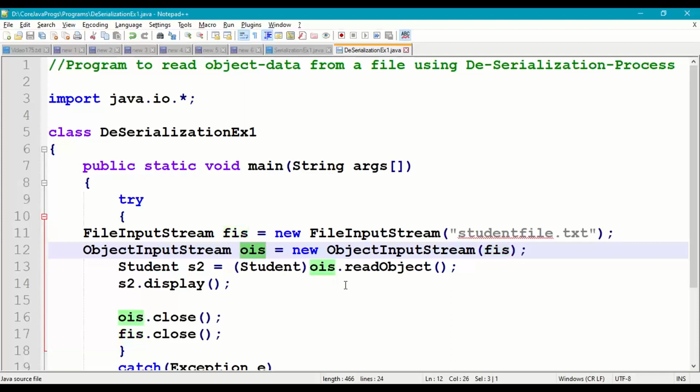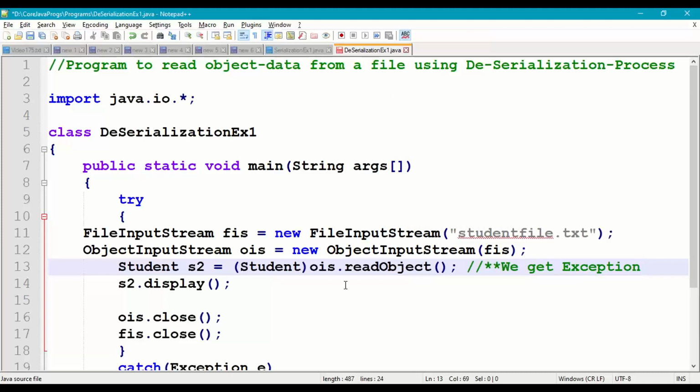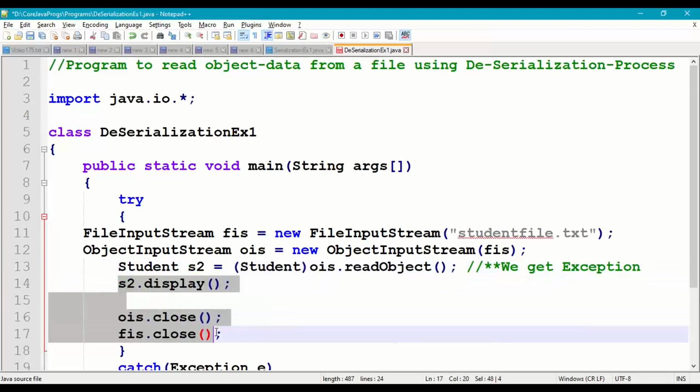So using object input stream, read object. So when we say read object, then it cannot read an object of type student class because it is not serializable. So here we get not serializable exception. So remaining code is not executed.